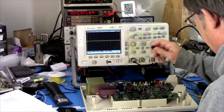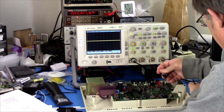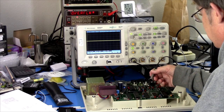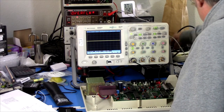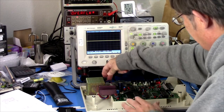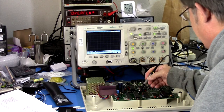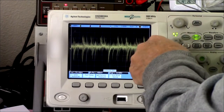Another thing I did, you see here, is I added a place to pick up ground so that I don't need to put a clip on one of the chips. So we're going to plug that back in, power it on. It clicked, okay, so it's still clicking. And 37 and 38, I think, was the...